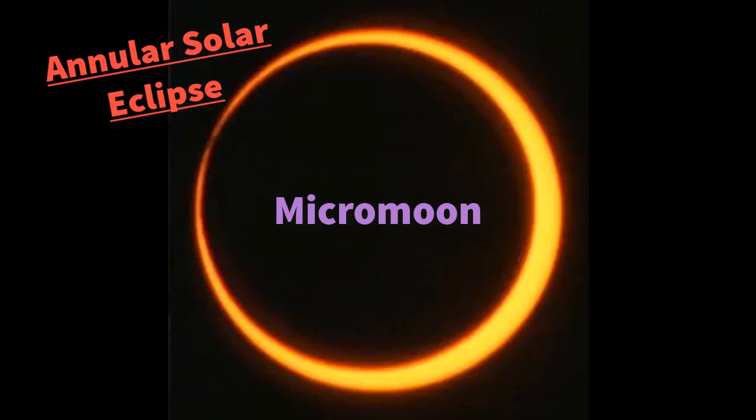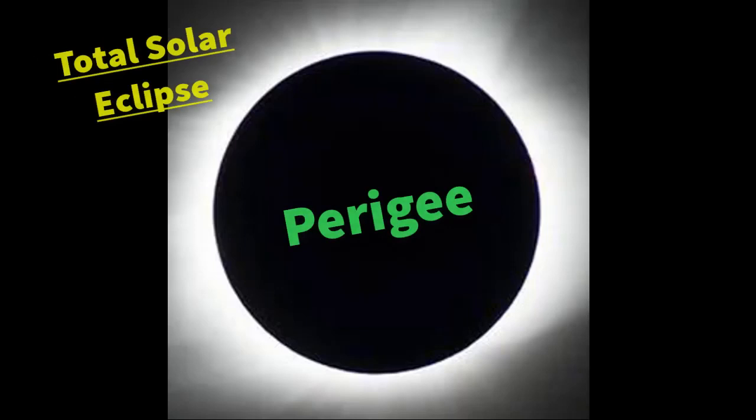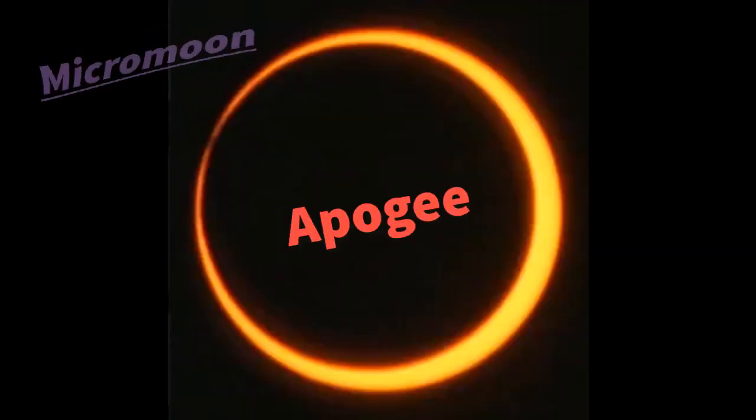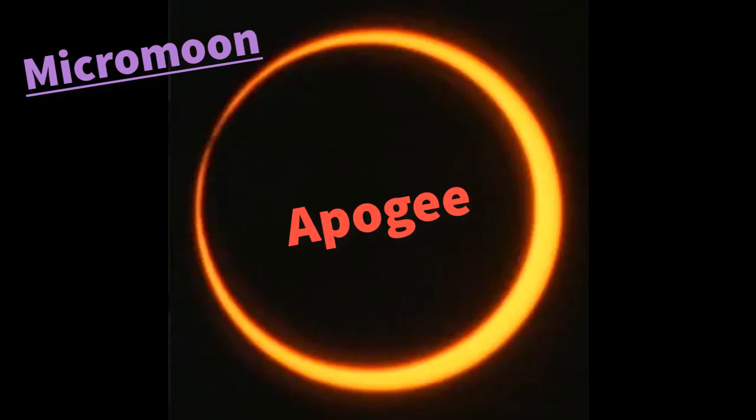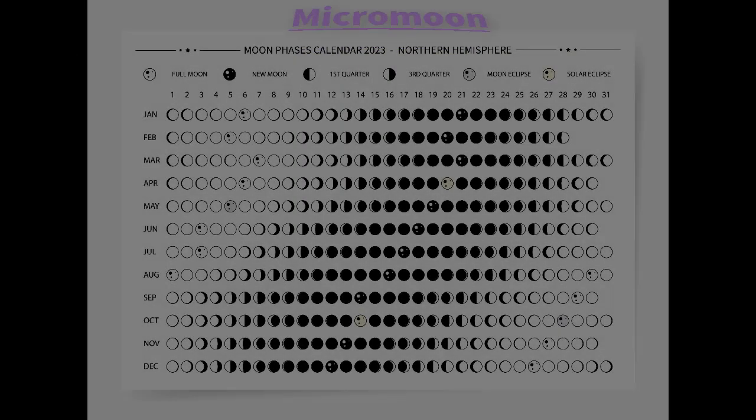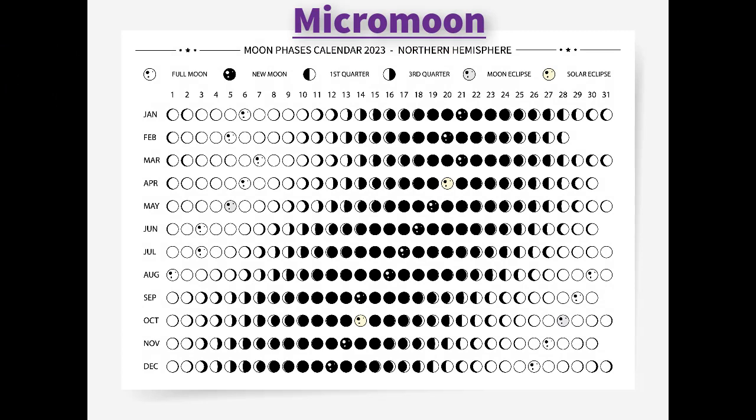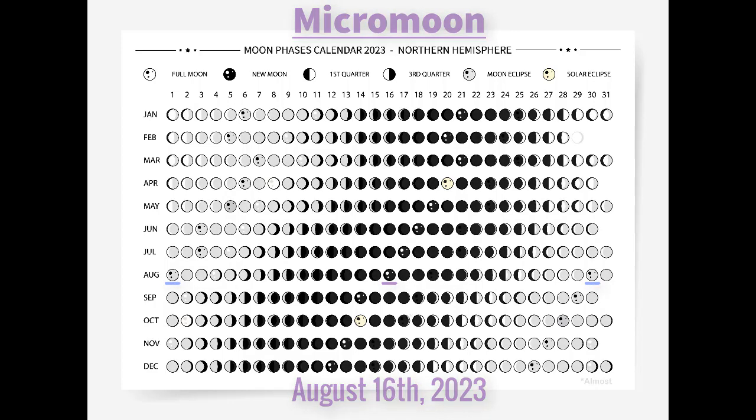It's covering up most of the sun, but it's missing some of it because the moon is further away. When it's in perigee, it covers up pretty much all of it, just like so. But we're focusing on micro. So yeah, annular is going to be micro. Now, our last micromoon was on August 16th, which totally makes sense because that coincides with the super blue moon. It's going to be in the middle of all that.